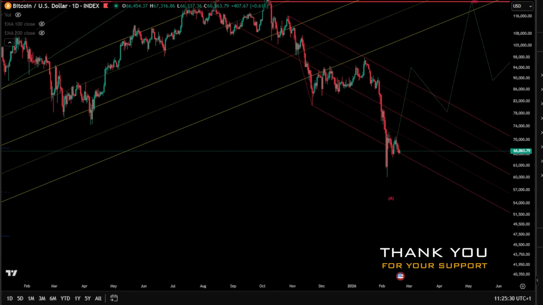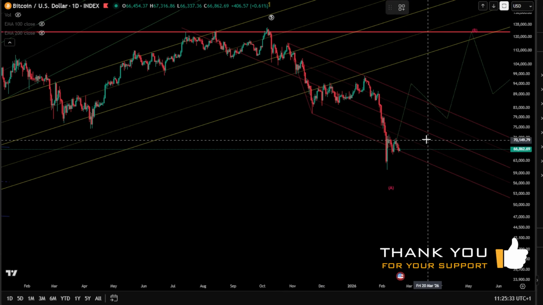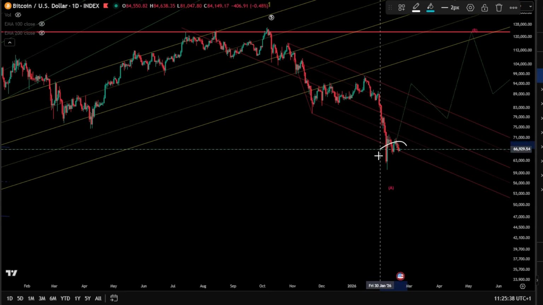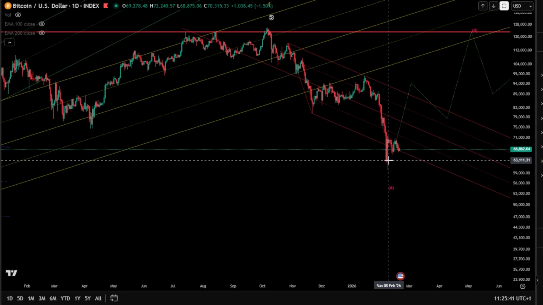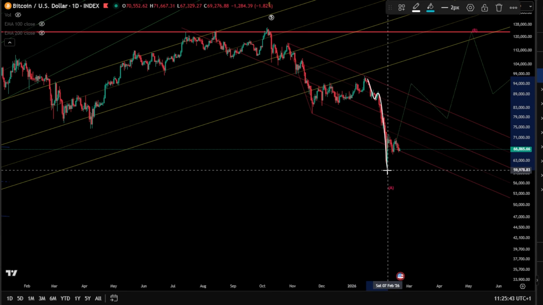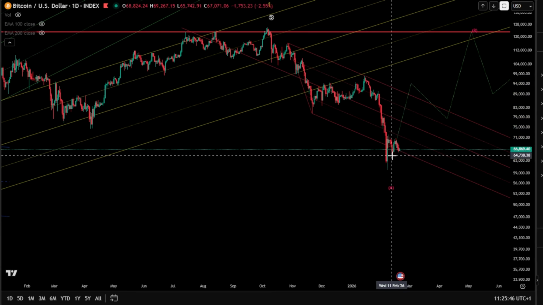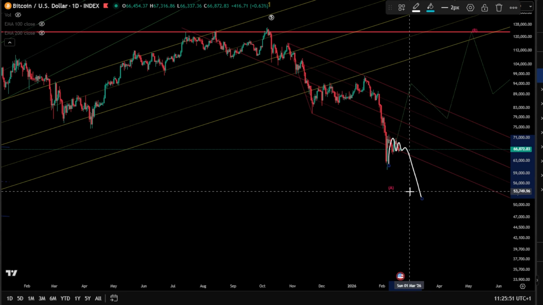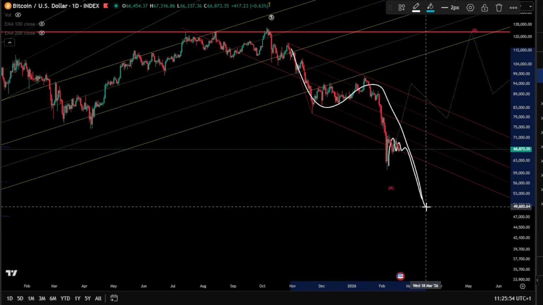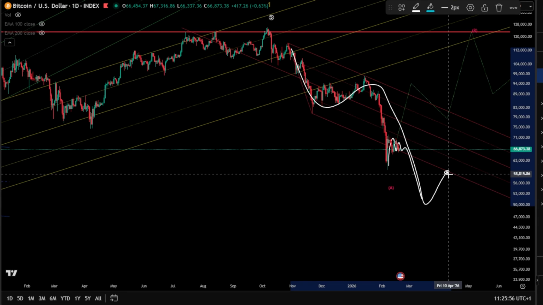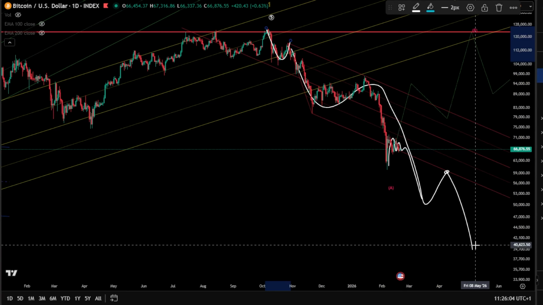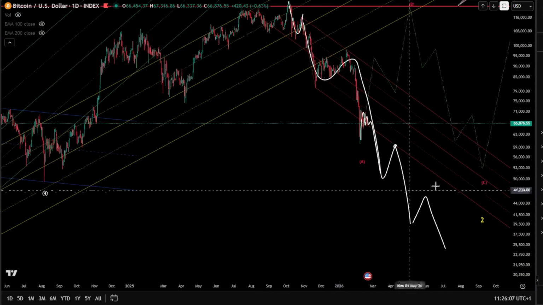And we are looking for a deep correction, which might unfold, of course, a very aggressive impulse towards that downside in case this is going to happen by breaking this base channel. Currently, this impulse might be a 1, 2, 3, and then wave 4 might still be unfolding as a triangle here, A, B, C, D, and E, and then pushing for a wave 5 toward the downside, which can be, of course, a 1, 2, 3 here, and then wave 4 hitting the base channel again, this time using it as a resistance, and then pushing again for a wave 5 toward the downside, of course, having one more wave 1, 2 there, meaning one more wave for 5 toward the downside.